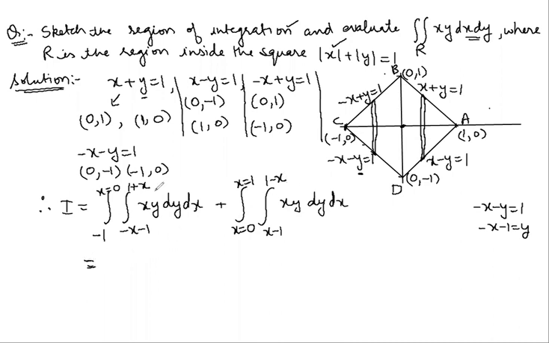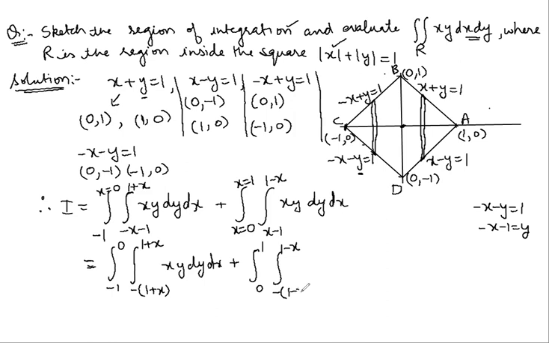So its value is y is equal to 1 minus x. If you look at the limits, you can see that if you check the inner integral limits, if I write it like this, -1 to 0, it is up to 1 plus x, lower limit -1 minus x, dy dx, plus this is 0 to 1. Upper limit is 1 minus x and lower limit can be written as -1 minus x. So this is xy dy dx.